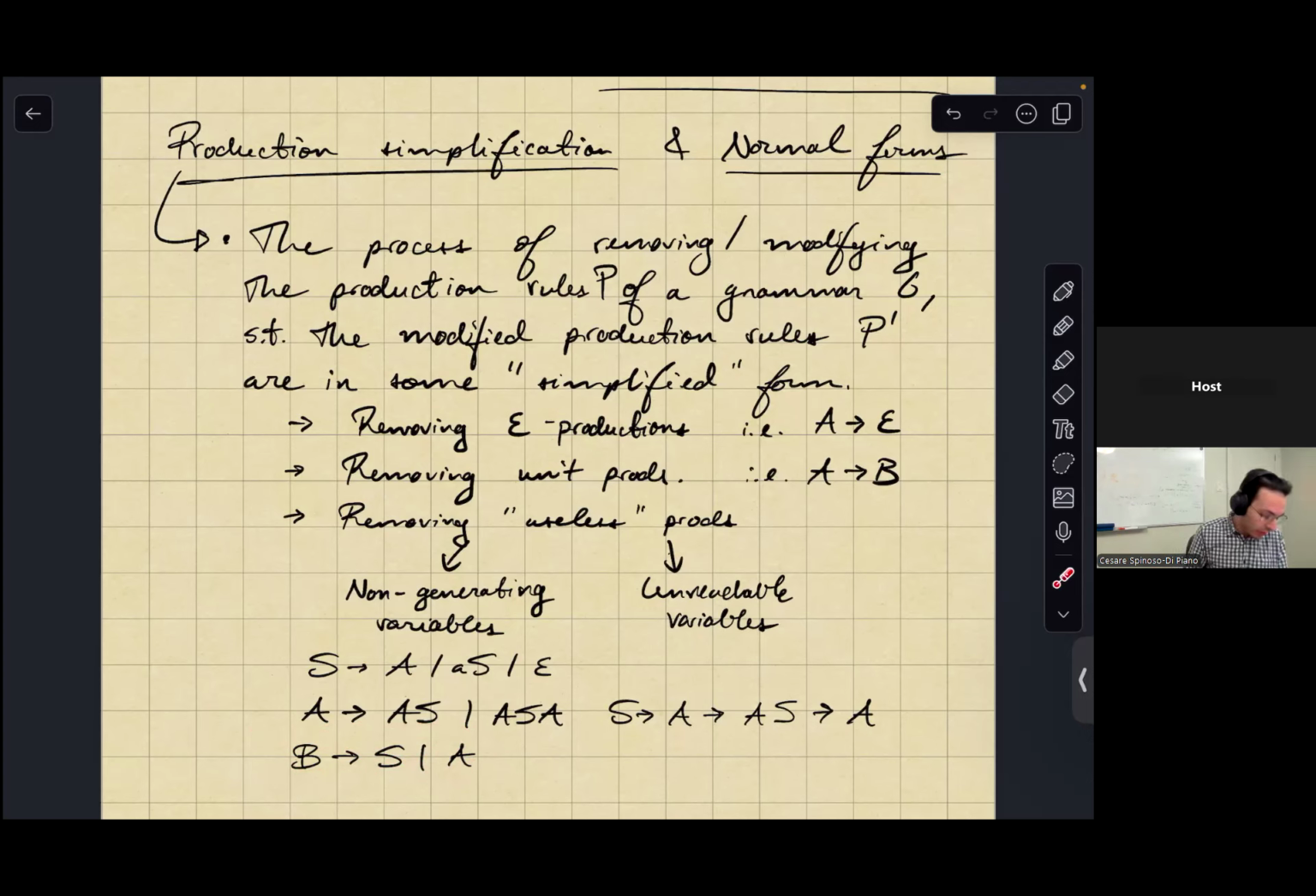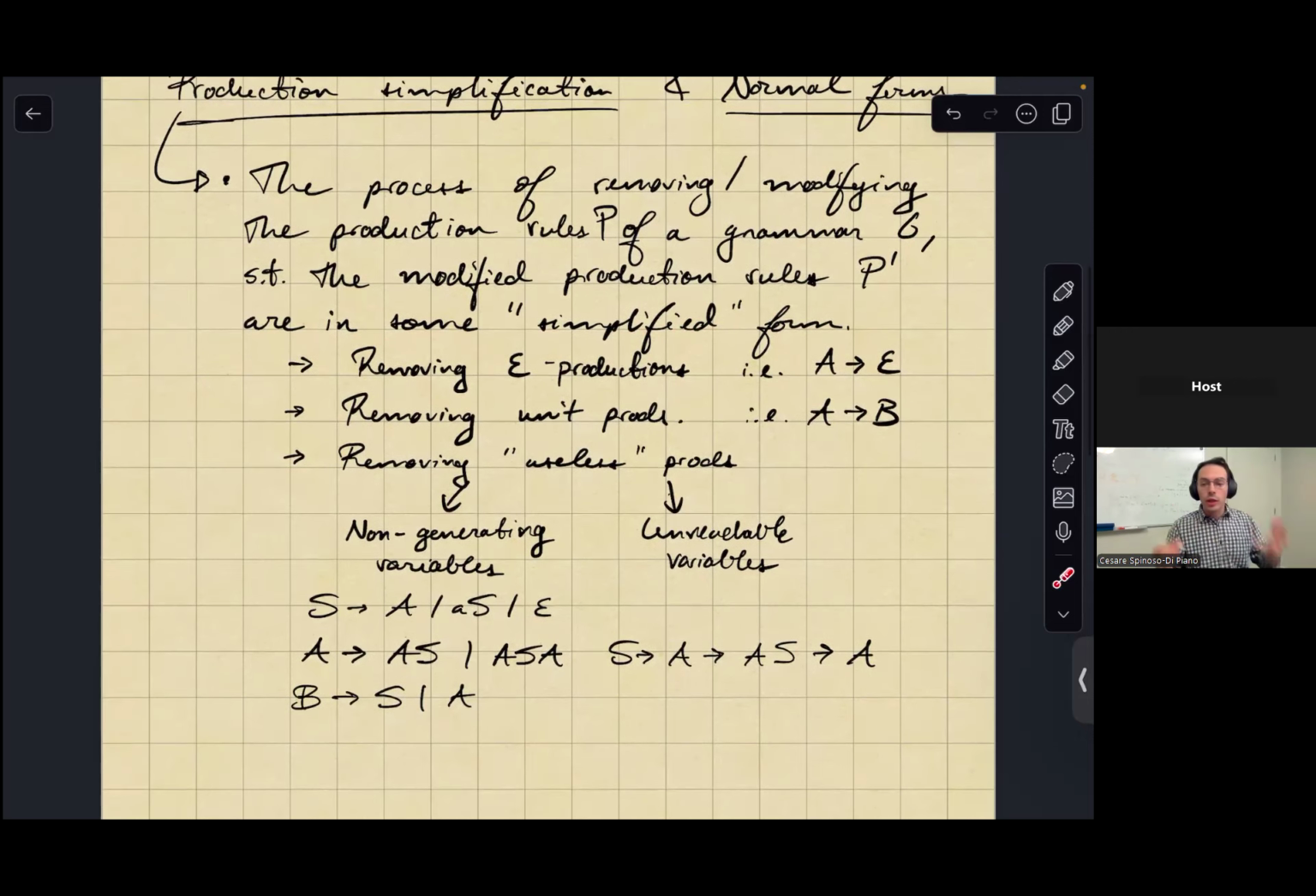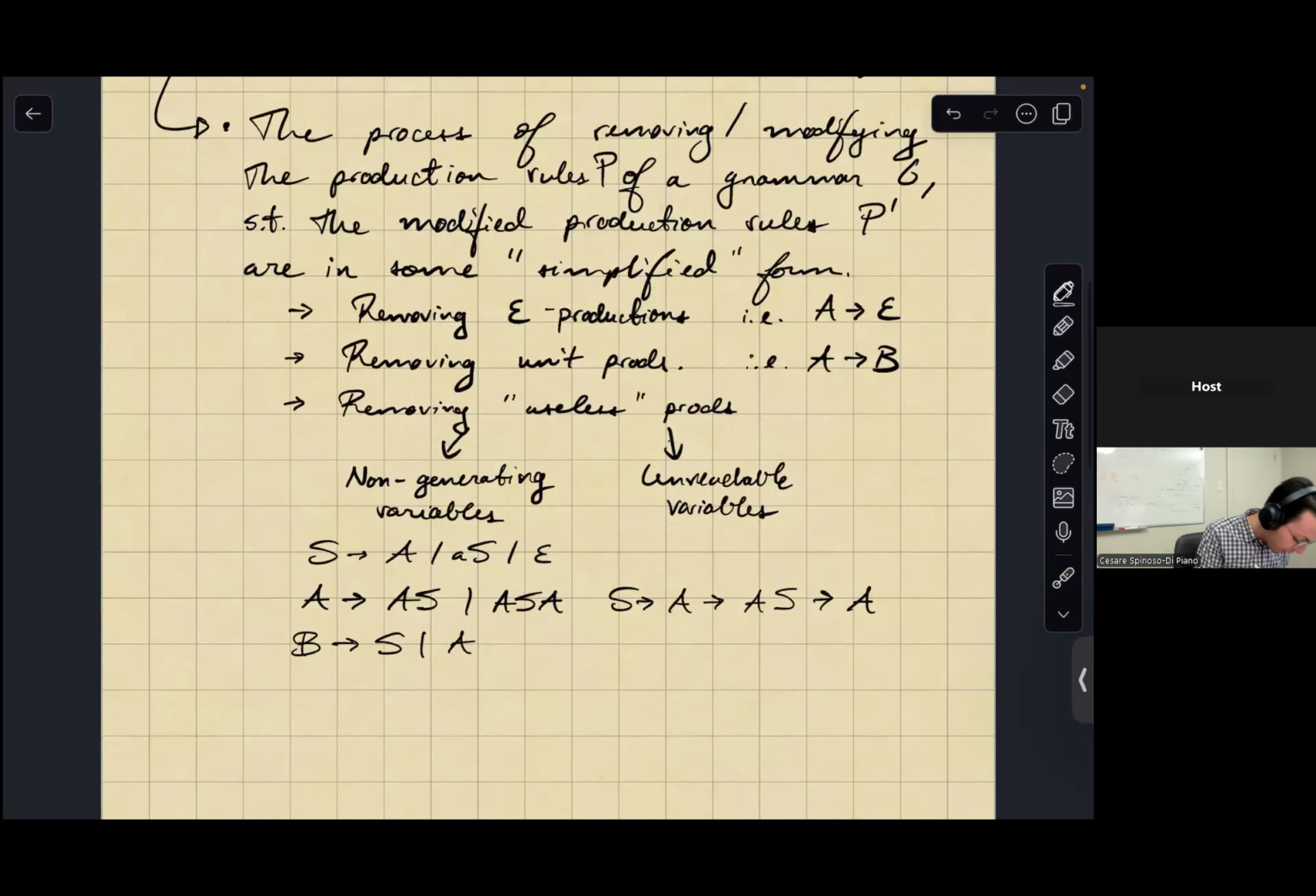So that's another thing that we can remove. So these are the sort of simplification operations that we're going to be looking at. We're going to be looking at how to do each of them in smaller separate videos. And one important thing that I didn't really mention in the first part of this very informal definition of production simplification is you want to, of course, convert your grammar to a simplified form, but the important caveat,